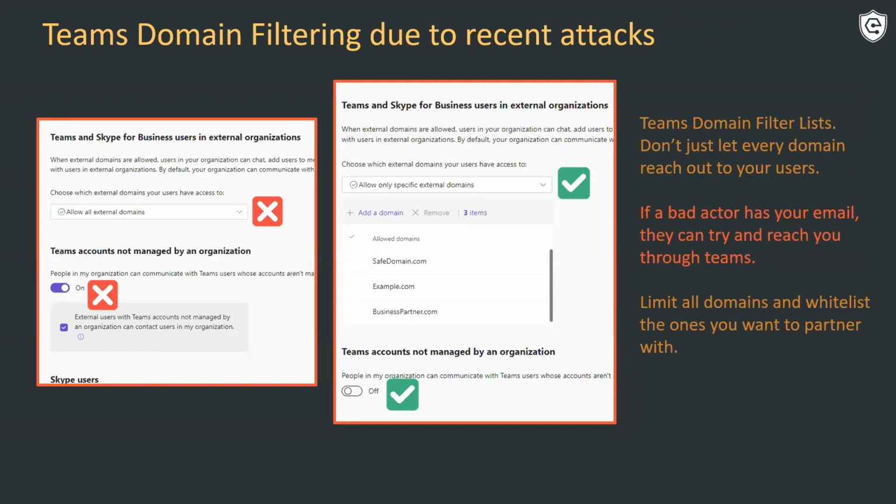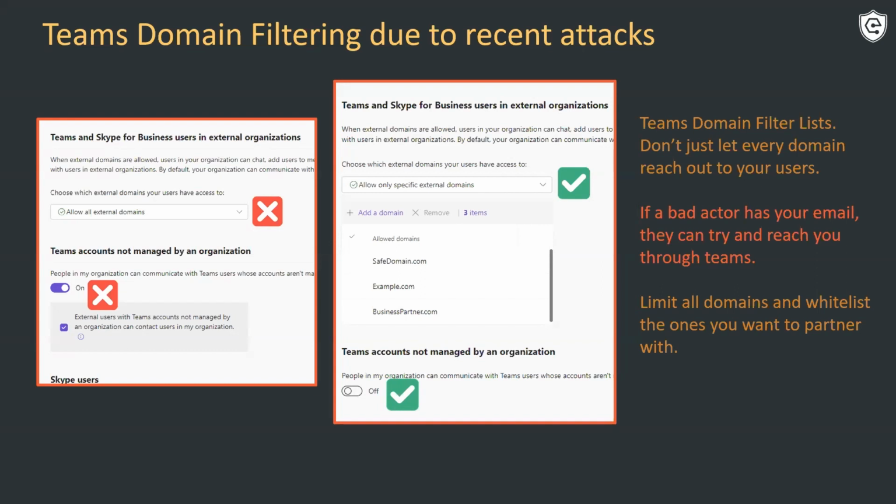So we also had that example, or at least I touched on it, that most users are educated to phishing as it relates specifically to email. We've also seen a rash of attacks lately where bad actors are taking advantage of another insecure by default setting inside Teams that allows other organizations to communicate with them. And I don't know why I'm picking on Bob so much, but if Bob gets a message in his corporate Teams IM, there's a certain validity or credibility that goes along with it, right?